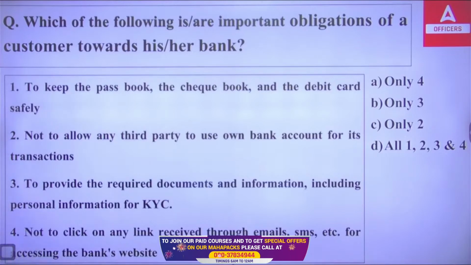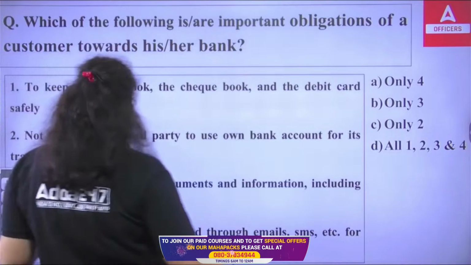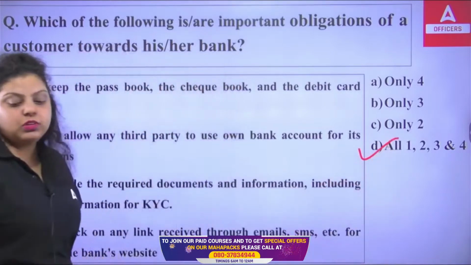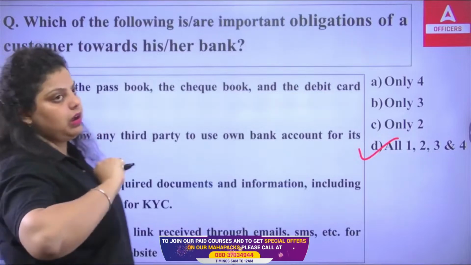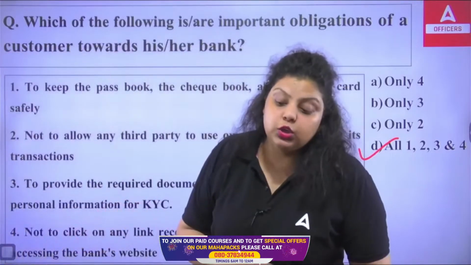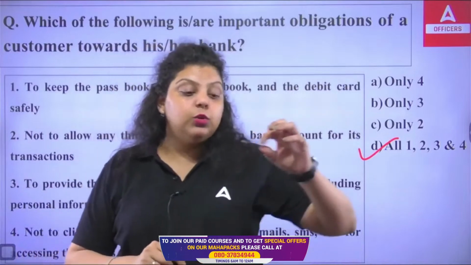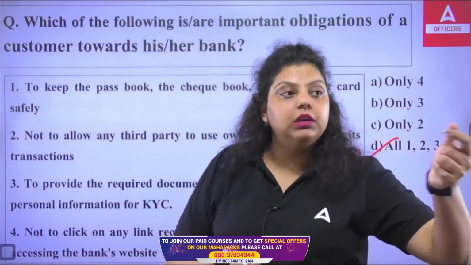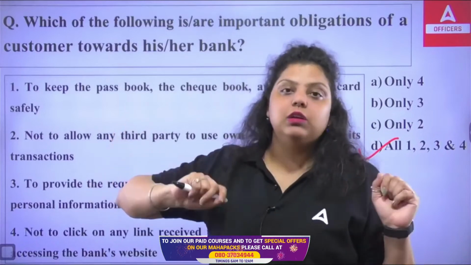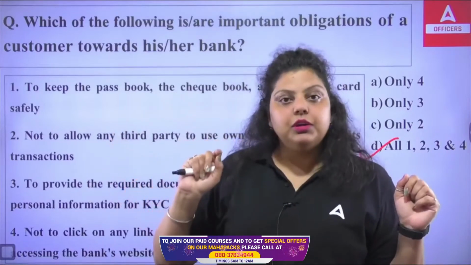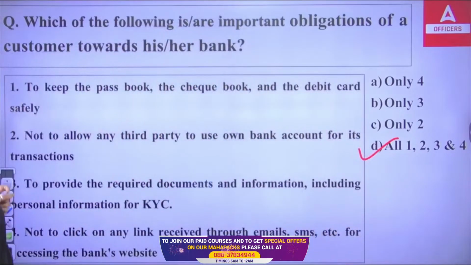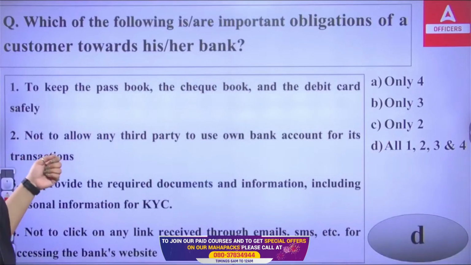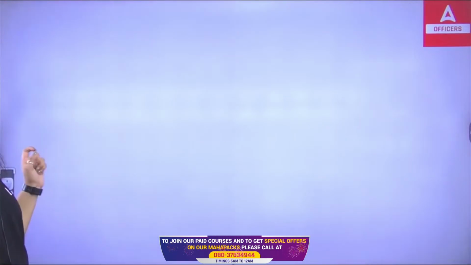Okay, so which of the following is correct? Actually, everything is correct. All are the correct statements regarding the customer's obligation towards the bank. It's not like every time there is a mistake from the side of the bank. If you got a UPI link, a lot of people have got one saying you have won a reward of 5,000, click on this link to get the reward. People used to click on that, and as you click on that particular link, your UPI account will be empty. So this is the responsibility of the customer to follow these points. These are the obligations of the customer toward the bank.